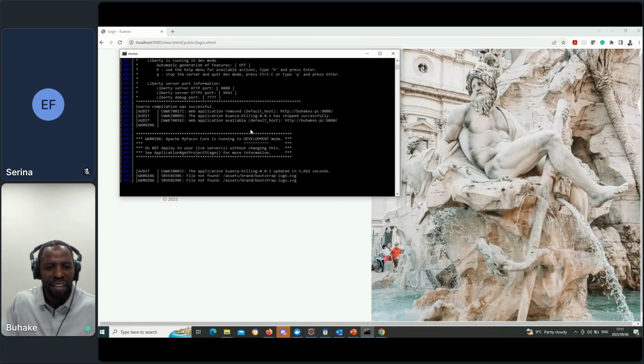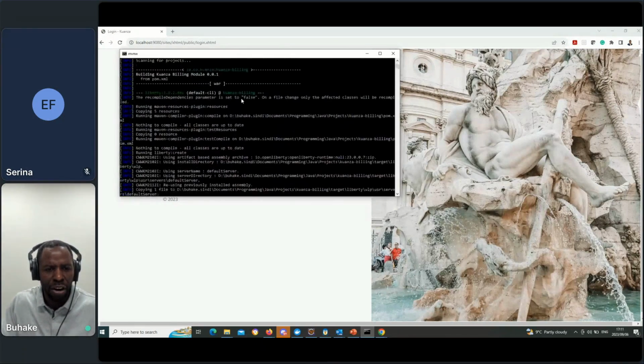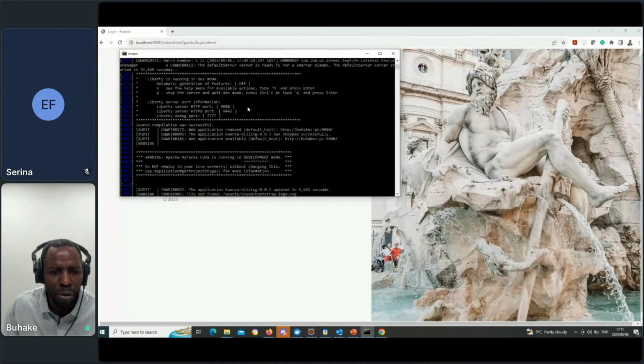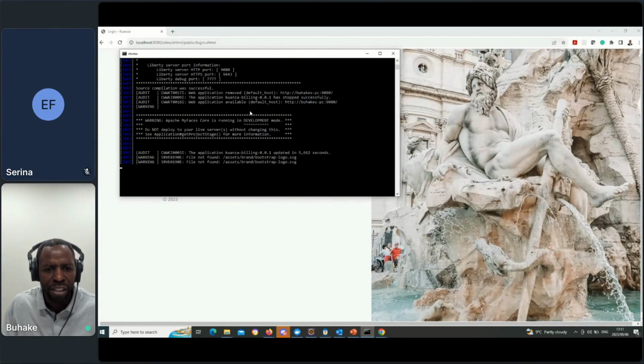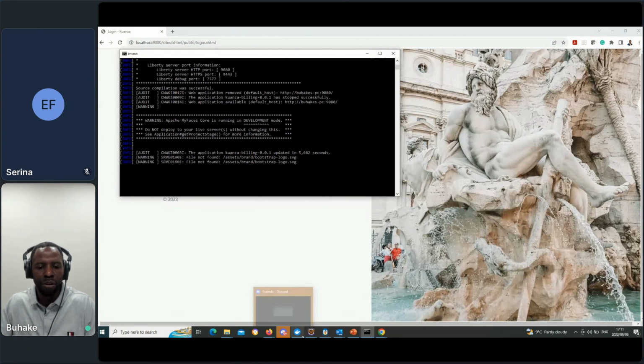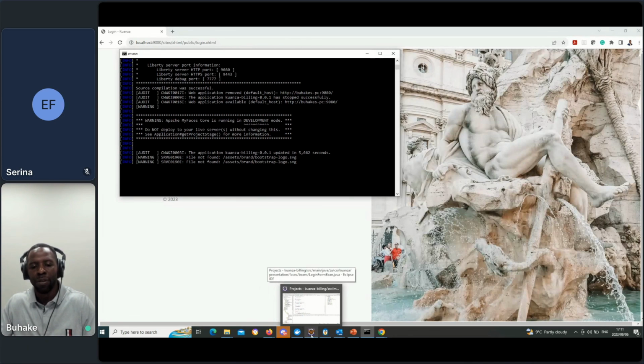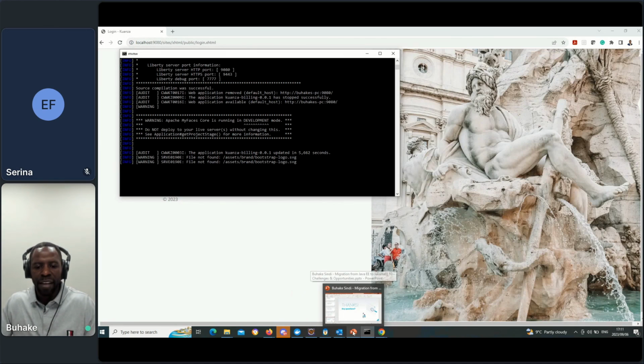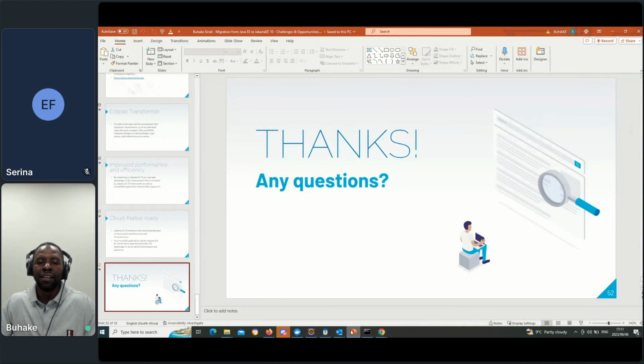What it does is watch your project, whether it's code, resources, or your JSF HTML pages, and then it does auto redeployment for you. So you don't have to shut down the container. That's pretty much it.